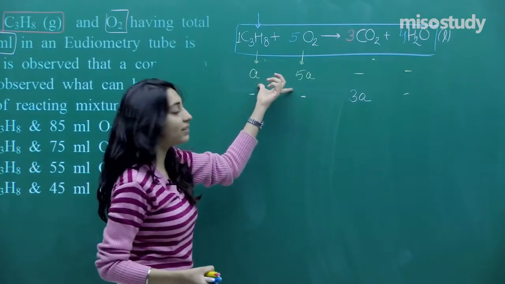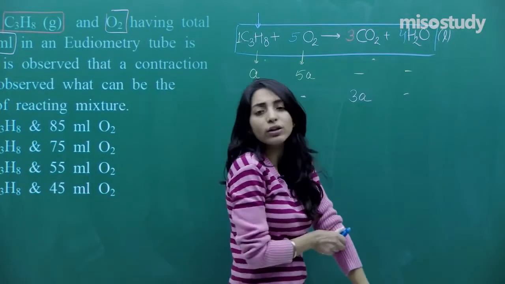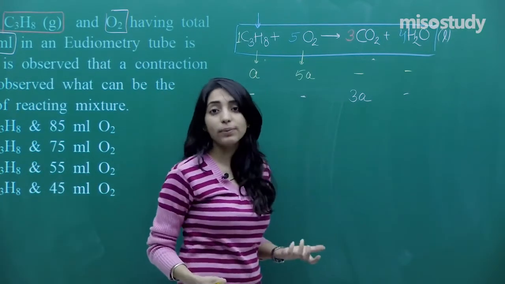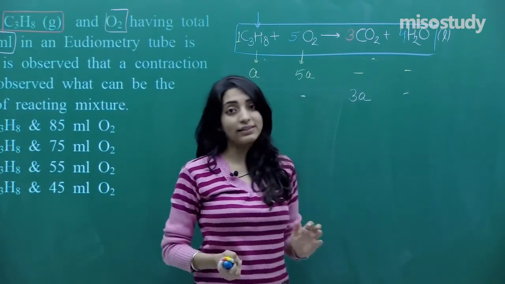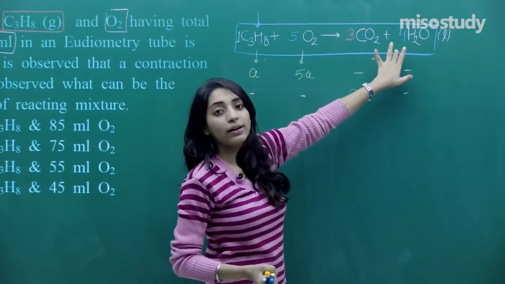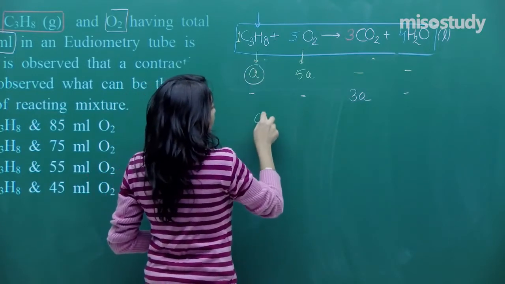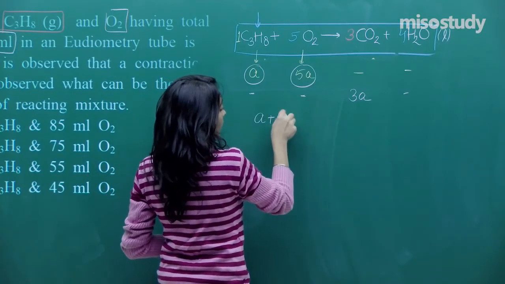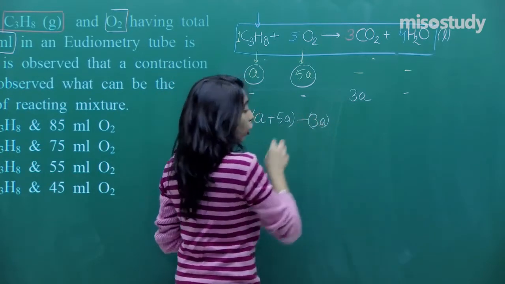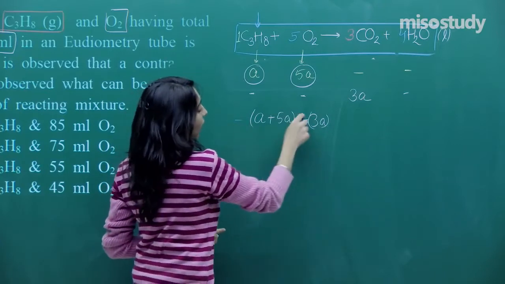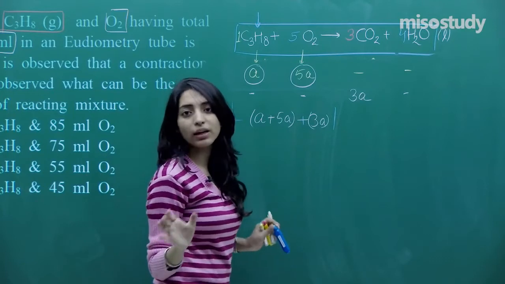Earlier the volume of the gases was more, but later on, since water is formed, we just ignore the amount of water being formed, because the volume of liquid is much lesser compared to the volume of gases, right? So we will just ignore it. So can I now simply say the change in volume, which is A plus 5A, this was initial, minus 3A. Although there is contraction, so I should have written the other way around. But you can put the magnitude because you are talking about the change.